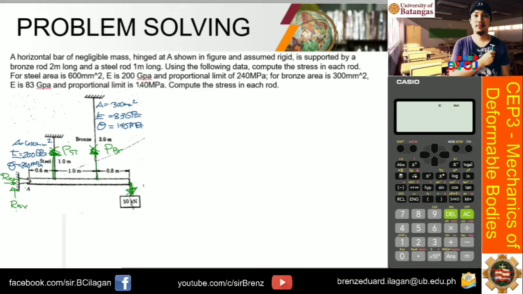Okay, so from this, gagawa tayo ng equation. So ano yung equation na magagawa natin from this free body diagram? Pwede tayo mag-summation ng moment at point A. So again, assuming that all counterclockwise moment as positive, when we take summation of moment at point A, the equation will be equals to, so we have 0.6, the distance times the P steel